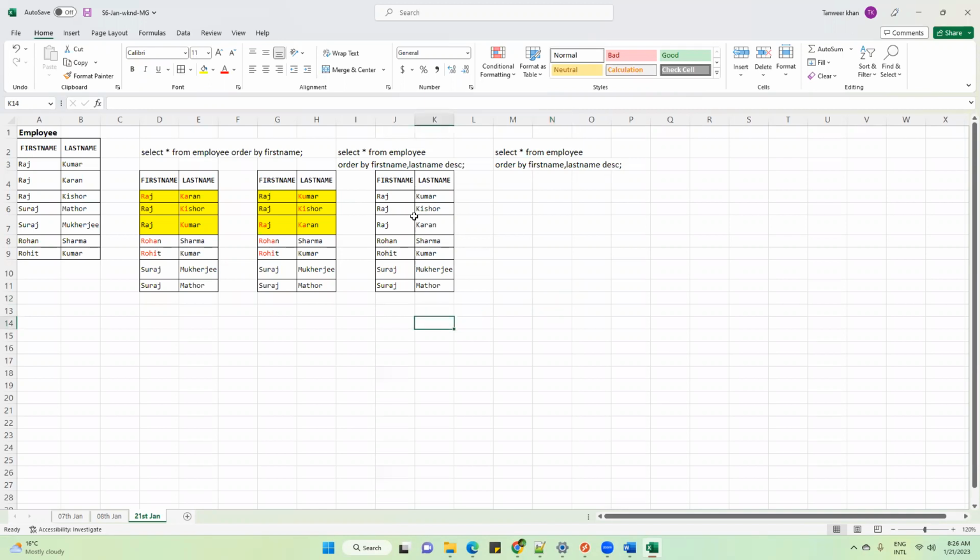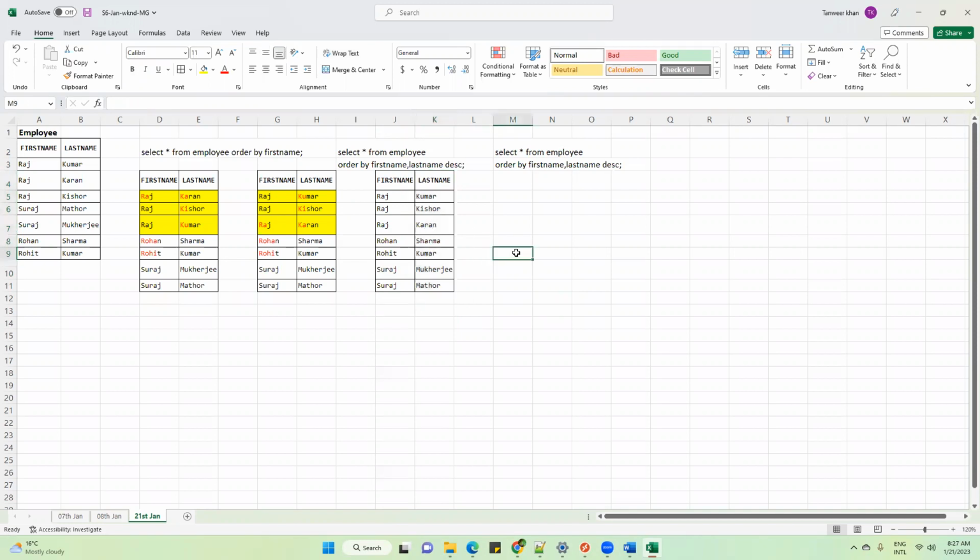So Rishabh is asking that, okay, fine, then you have sorted here based on the first name in ascending order and the last name in descending order. But I have a scenario where I want to sort based on the first name in descending and last name in ascending. Is that your question, Rishabh?